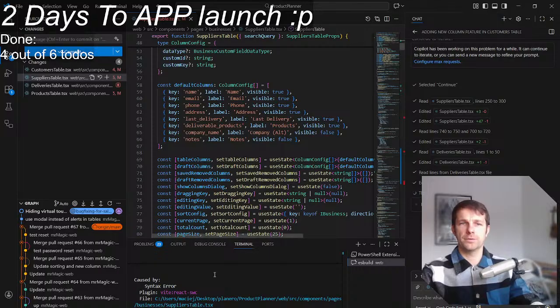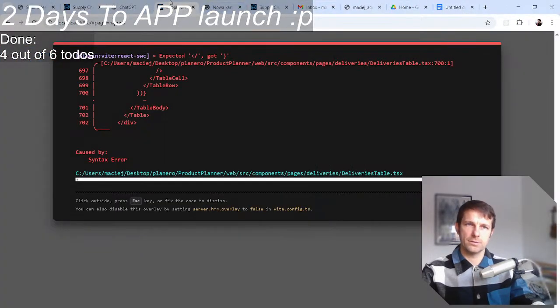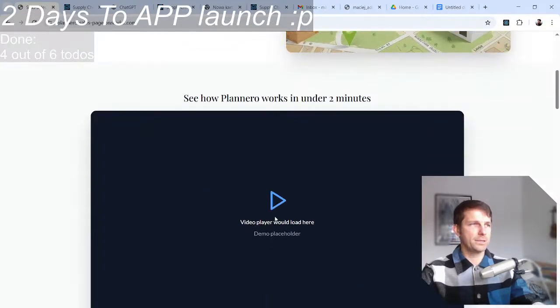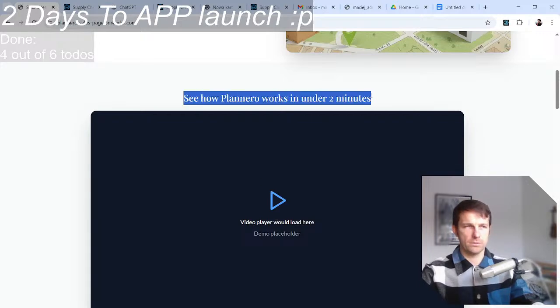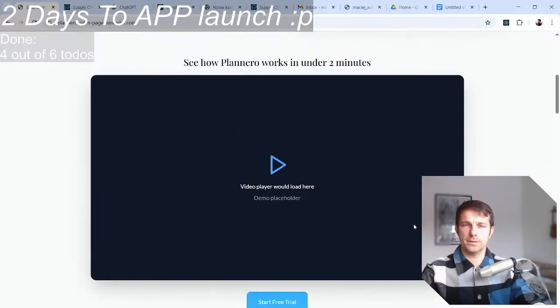And yeah, like I think this is like 2 more tasks, 2 more things, and I think like I can start working on my video for releasing it. So my video will be a part of this page, which will be explaining how the application works in under 2 minutes. So I will have to record it as I'm like here now, and then I'm going to edit it and just add it to YouTube and also place it here.